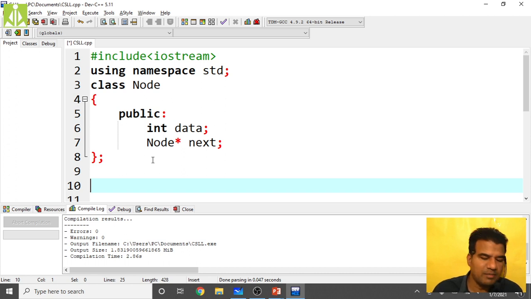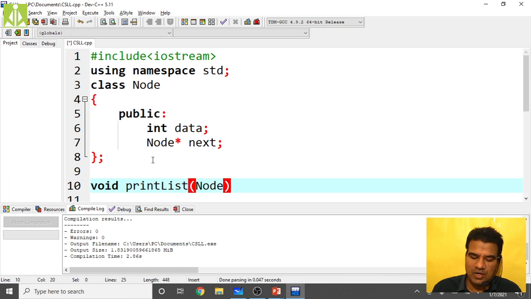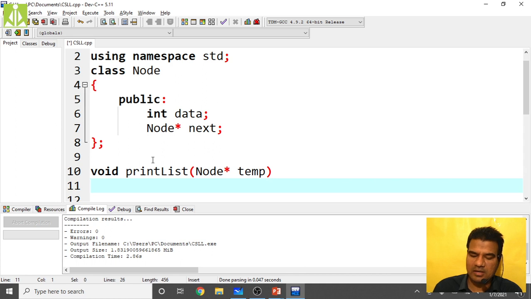So how are we doing the implementation of my print list? As it is not going to return anything, my return type is void. Okay, void print list of what we have to pass to this one, node star. I'm making it as head. Instead of head, we can call it temp also. Okay, we are taking the help of a temporary pointer.